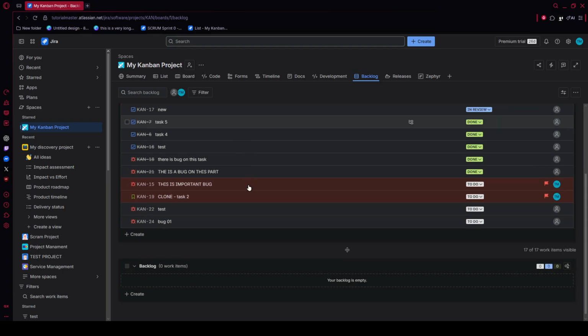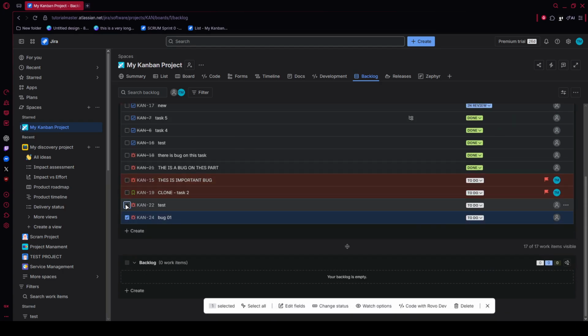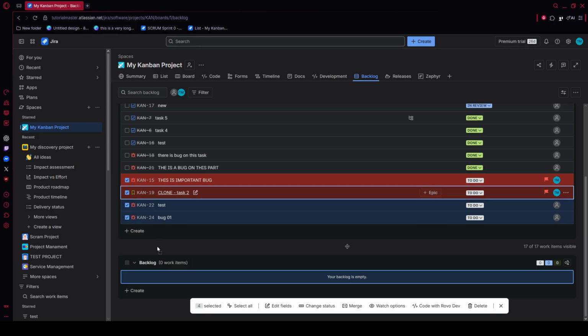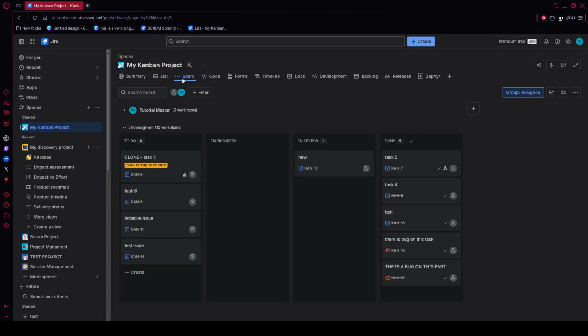If you are starting from scratch, open the project creation menu and choose the Kanban software template. Then select a team-managed project for a simpler, self-contained setup. Enter a project name and click Create. Jira will generate a board with standard columns like To Do, In Progress, and Done, giving you a solid starting